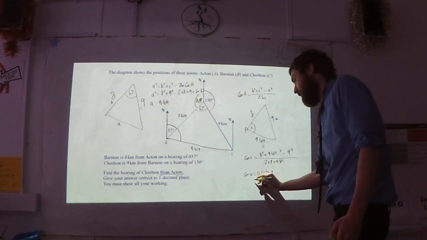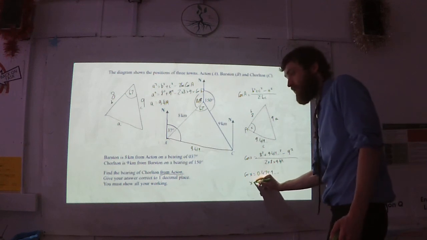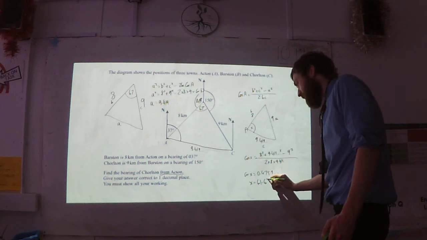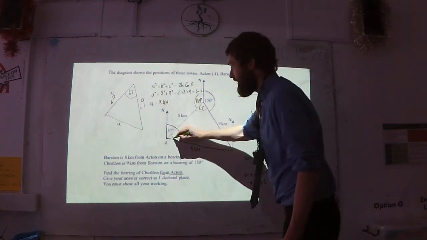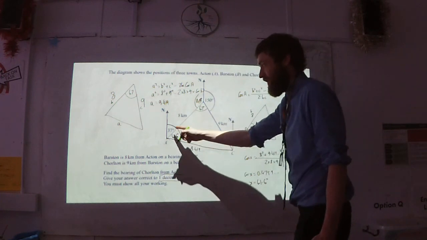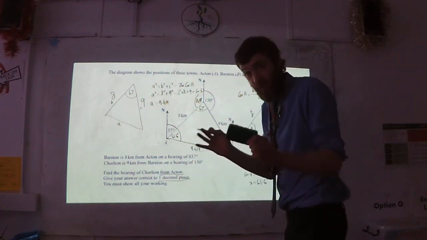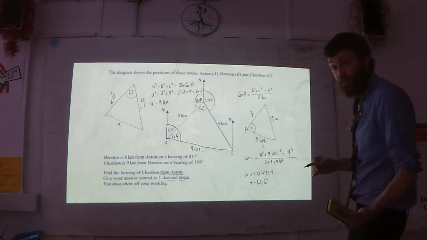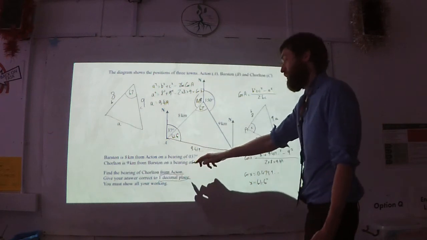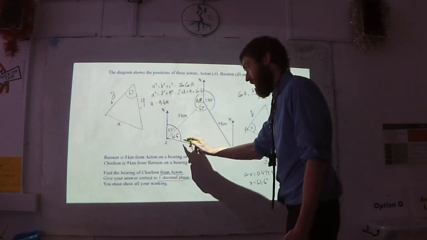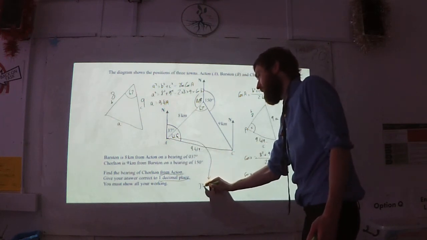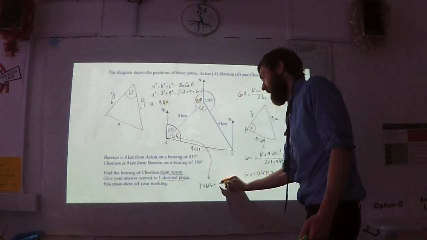So cos x was 0.4759, and then I cos to the minus 1, so x would be 61.6 degrees. So therefore you know that's 61.6 degrees. At this point I knew because I was adding it to 37, I don't need to, I can round it to one decimal place now, and the reason why I'm adding it to 37 is because you want to find the bearing of Chorlton from Acton, which is all the way around there. So I want that whole angle there. So I add them up, 37 plus 61.6 equals